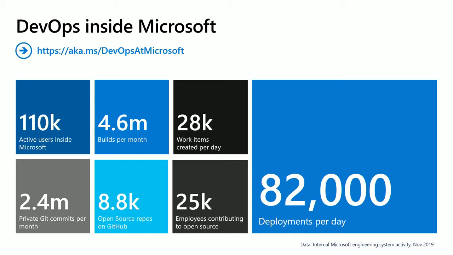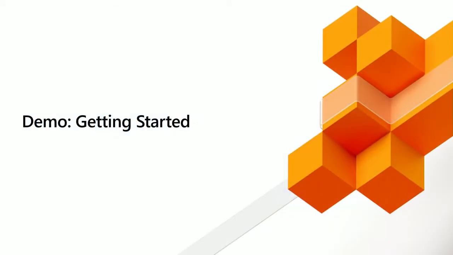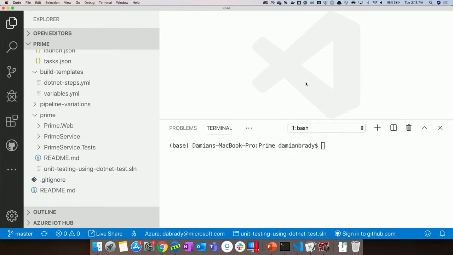So let's get started. I'll hand over to Damien, who can do a quick introduction and go through some intro stuff. Yeah, great. So many of you have already used pipelines, it looks like, so some of this isn't going to be new, but this is one way that you can get started with Azure Pipelines. There are a few different paths. You can go through GitHub, you can go through the Azure Pipelines UI, or you can go through Visual Studio if you want. I work for Microsoft, so I have a MacBook, and I'm using VS Code. This is a Microsoft device.